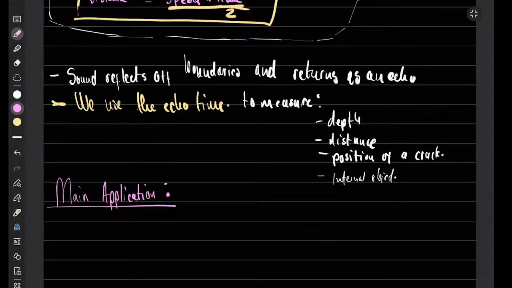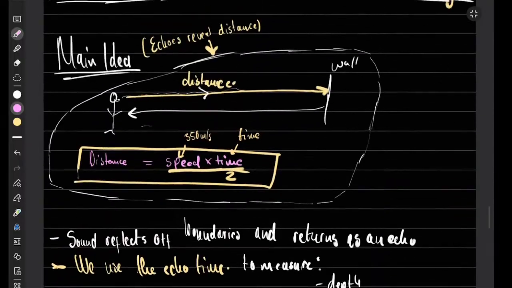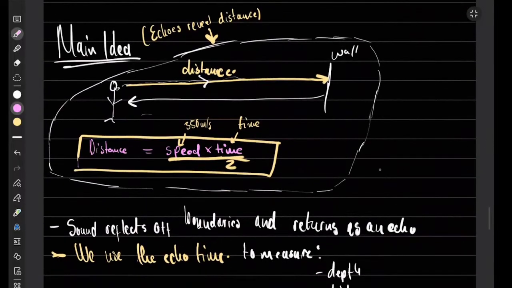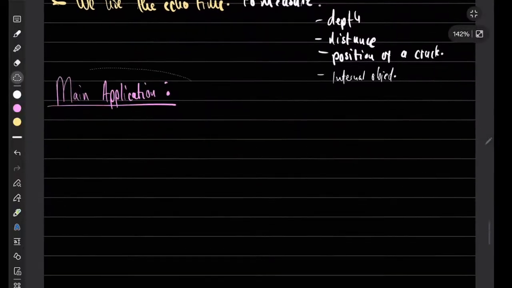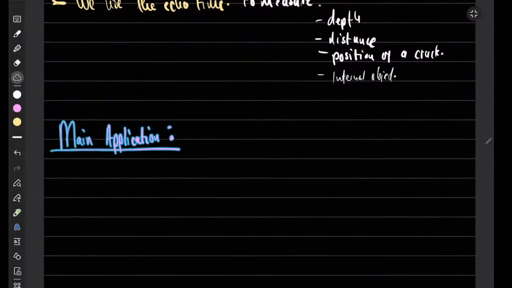So, do you guys know what ultrasound is? What we are using is a type of sound called ultrasound. Ultrasound, we can't hear it. Infrasound, we can't hear it. When we say we are having ultrasound, let me just show you a little bit more. Just draw this chart before I do the main application. What we call ultrasound,